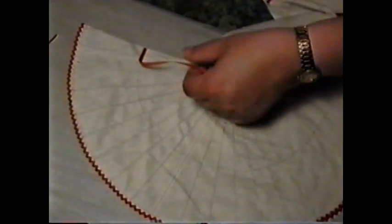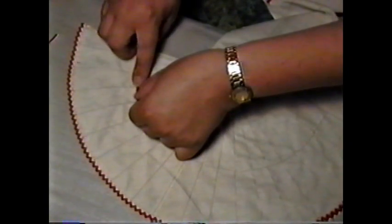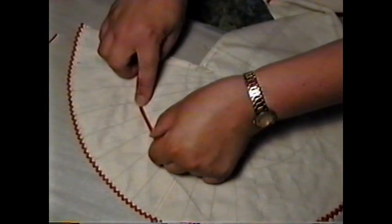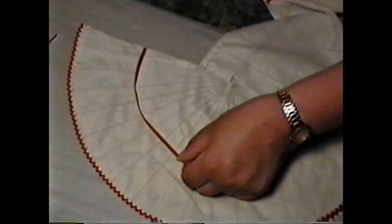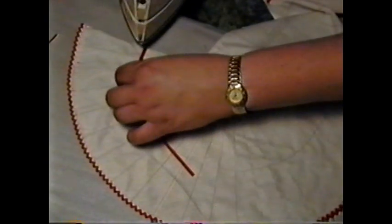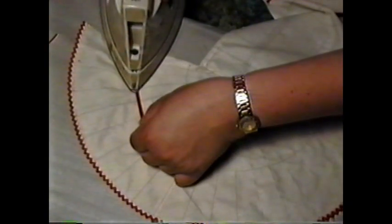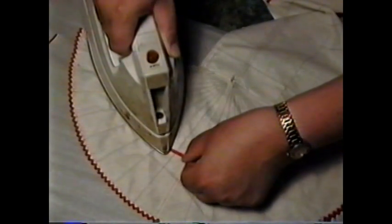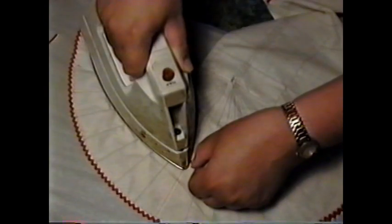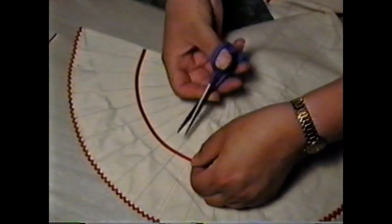Then if I just go around carefully and follow along with the iron, I'll be able to lay this right around on the 1/4 pole line. I'm just going to go ahead and do that. It goes pretty fast. Following along, and actually your material will curve real nice. And then I'm going to stop at that section line there